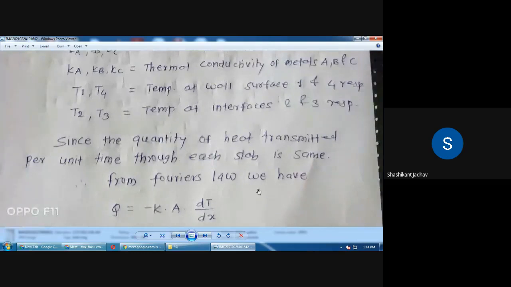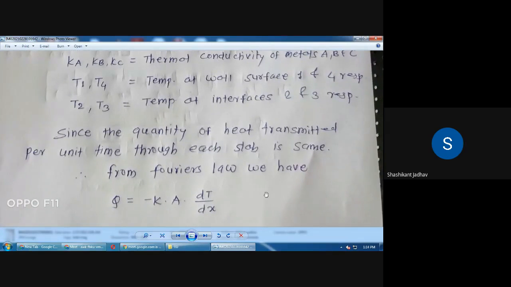Okay, so write down, since the quantity of heat transmitted per unit time through each slab is same, full stop. Next line, therefore from Fourier's law,